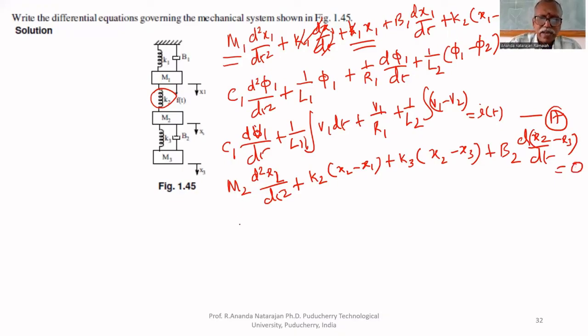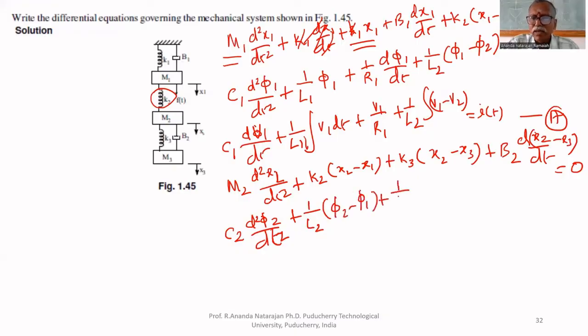If you replace this by the current analogy, C2 d square phi 2 by dt square plus 1 by L2 phi 2 minus phi 1 plus 1 by L3 phi 2 minus phi 3 plus 1 by R2 d by dt of phi 2 minus phi 3